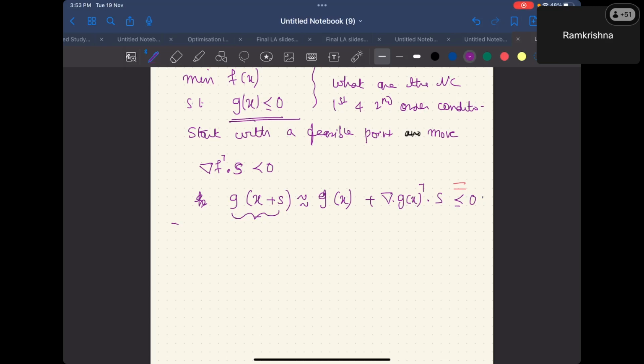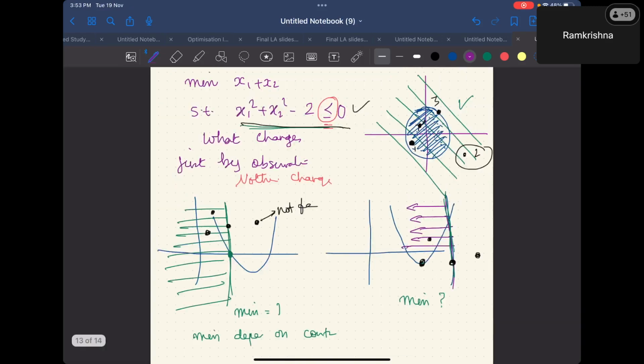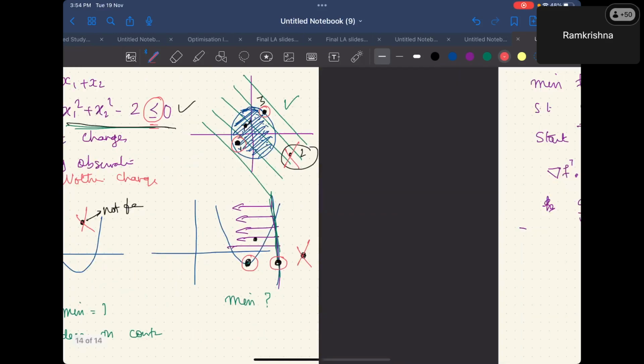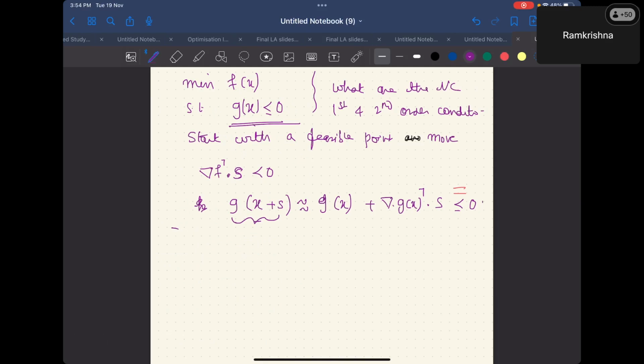Okay, two things can happen, or three things can happen. First, we ruled out points which are not feasible. This is ruled out, this is ruled out, and this is ruled out. Points which are allowed are the ones where I am on the boundary of the set, or I am inside the set. Similarly here, I am at the boundary of the set or inside the set. Okay, two things can happen. Now, let's start with what happens when